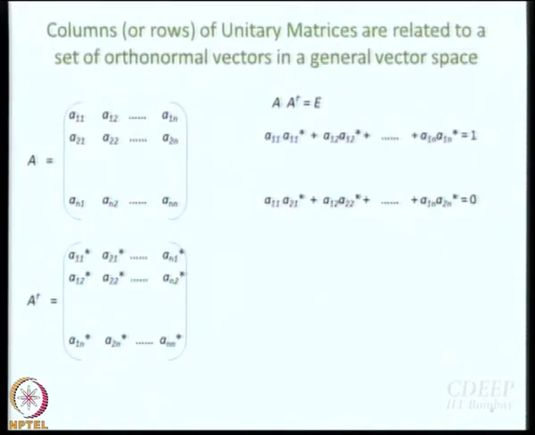So, see these matrix elements then behave like a set of orthonormal vectors, right. You multiply an element by the complex conjugate of itself and then add up all the products that you get 1, and then multiply an element by the complex conjugate of something else and add up whatever you have, then you get 0. So, that is the property of a set of orthonormal vectors, and in quantum physics, quantum chemistry, you encounter these orthonormal vectors all the time, right. They come back to haunt you everywhere, right.